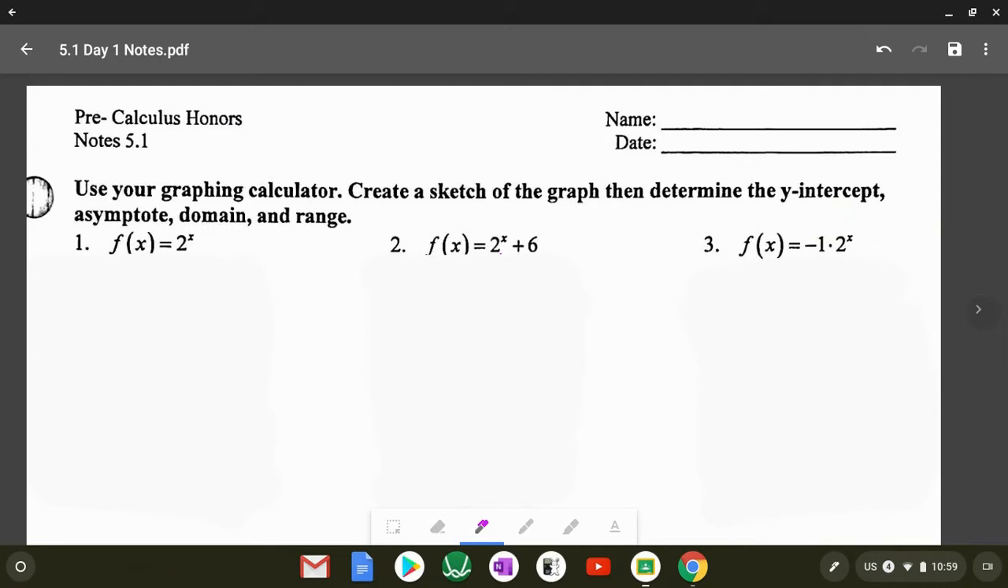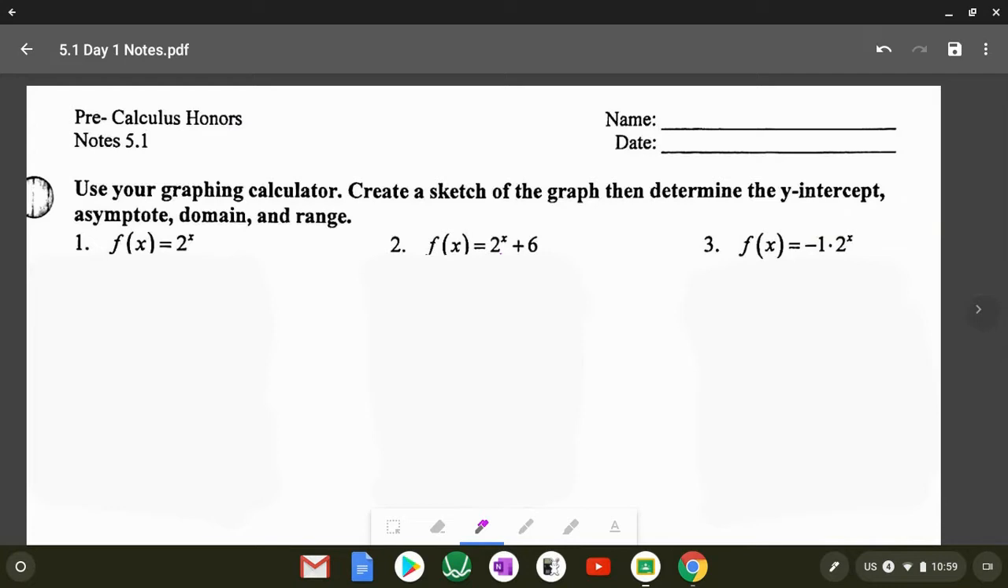Today we're going to start Chapter 5, Day 1. What we're doing today is we're going to be looking at exponential functions, their graphs, and then solving some equations with variables in the exponent. Now, you guys have done some of this stuff before in Algebra 2, so what we're going to do is